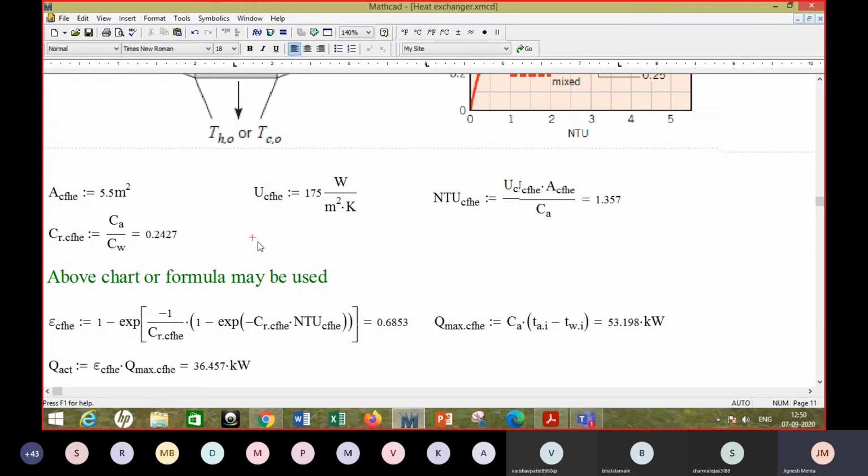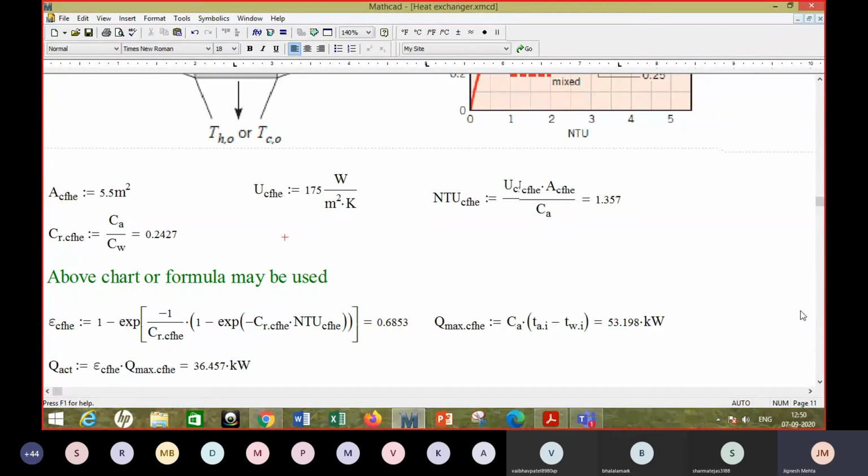Okay, but then you have to be careful that it doesn't change U also. Otherwise, again, you have to take a new value of U. Generally you will be governed by the exhaust air side, right? Because it is the lower one. So with water you may be able to play a bit here and there, and that may change the CR value, and that may change the effectiveness also.